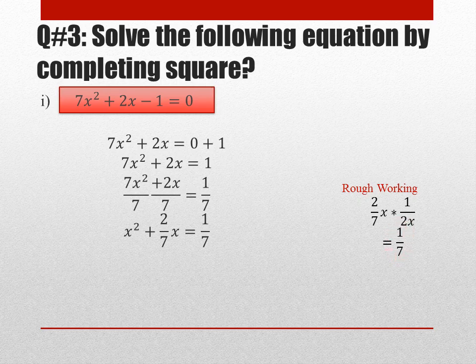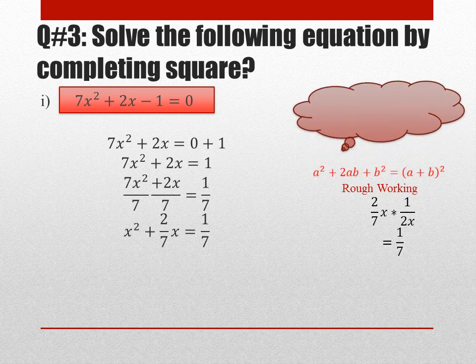Now boys, what formula are we going to use? We are going to use the formula a square plus 2ab plus b square equals a plus b whole square. Now the question arises, why have I used this a plus b whole square formula? I could also have used a minus b. The sign which is with the term 2ab, we will use that formula. Here the sign is plus, so that's why we are using the plus formula. If the sign was minus, we could have used the minus formula.